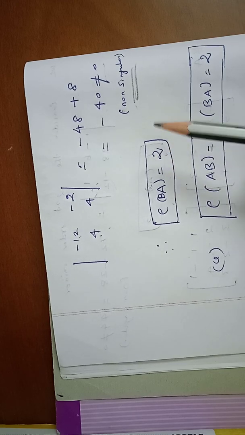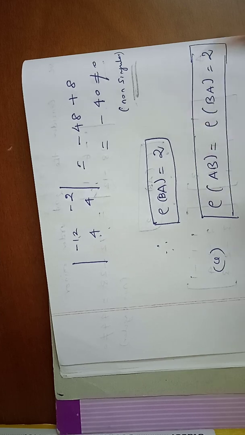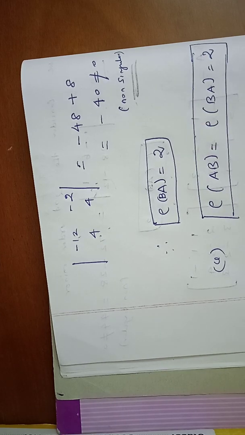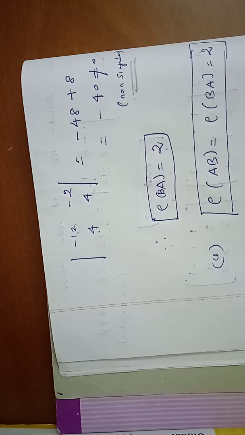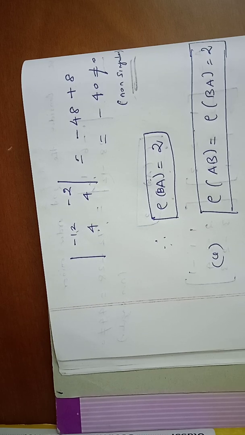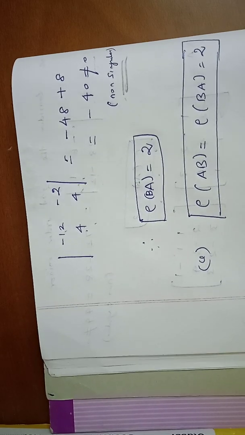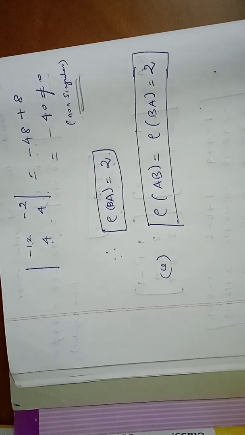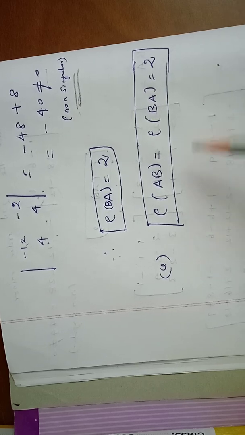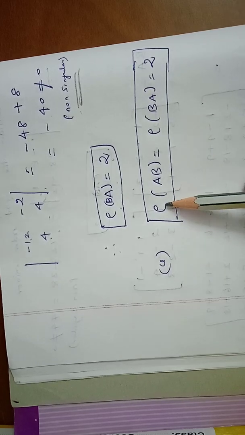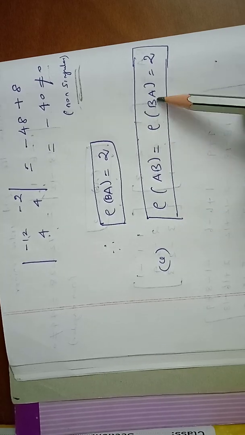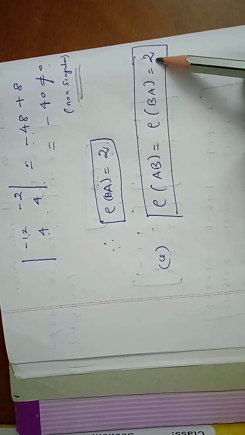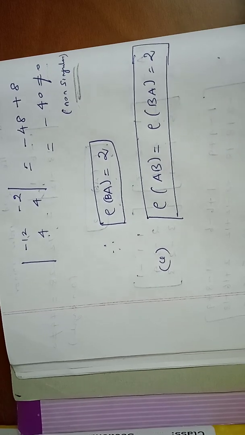Suppose we have to check all the minor values. Suppose the first minor value is 0, we have to take the second minor, third minor or fourth minor. Suppose any one of the minor values is not equal to 0, so the rank of BA value is 2. So finally these two rank values are same. So the rank of AB is equal to rank of BA, which is equal to 2. Hence the